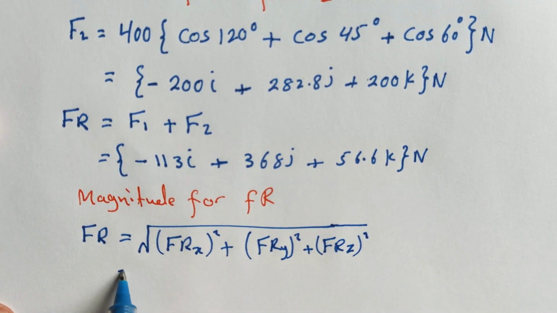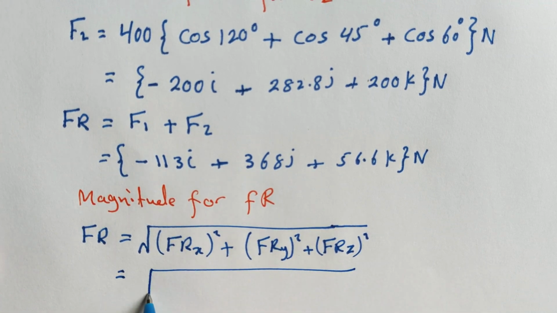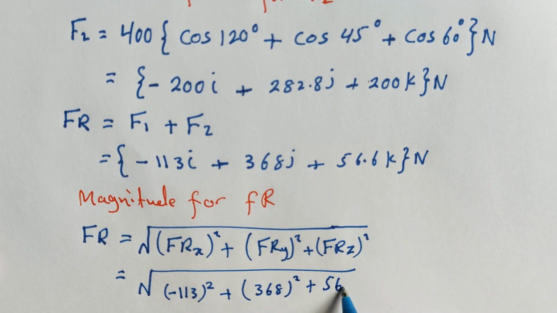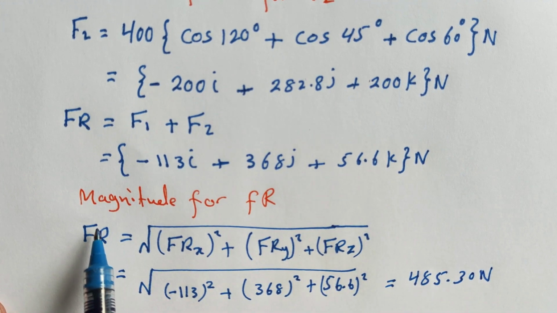Plug these values in, and that should equal the square root of negative 113 squared plus 368 squared plus 56.6 all squared. This will result in 485.30 Newtons. Therefore, the magnitude of FR is